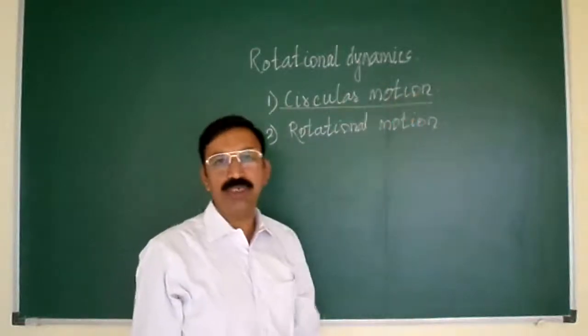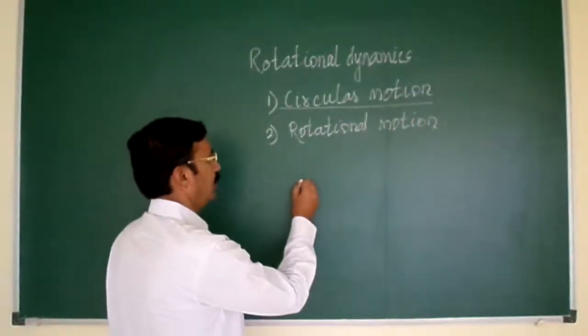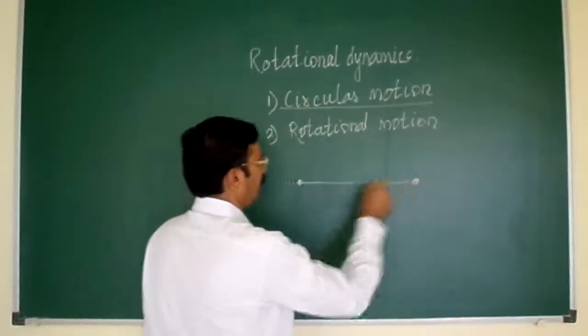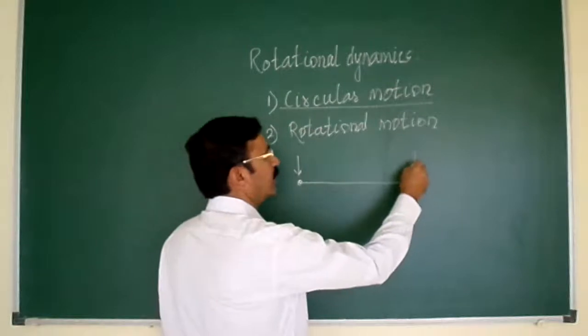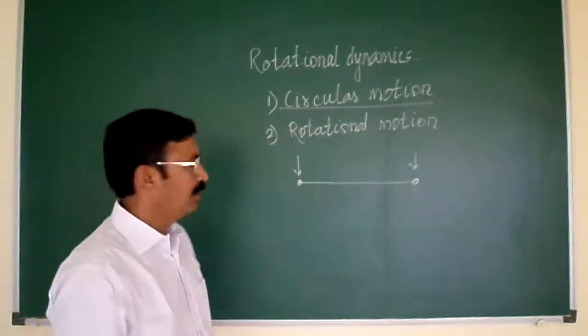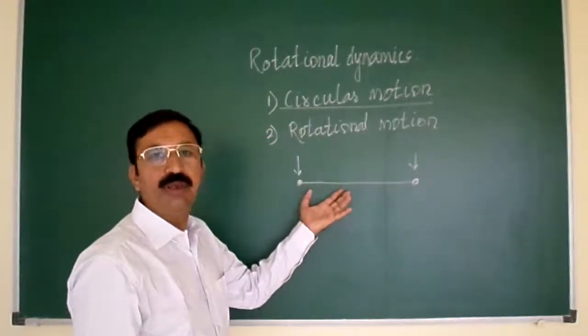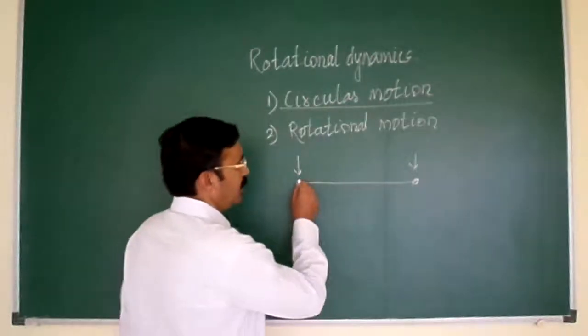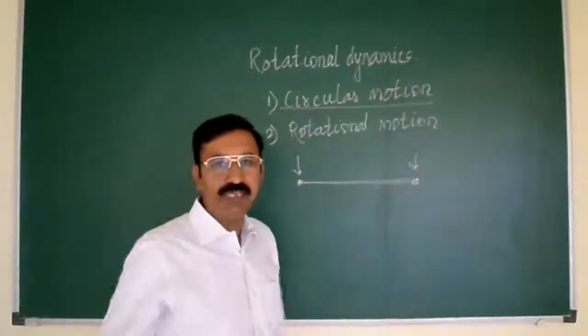the word motion indicates a particle changing its position from one point to another point. When this happens, we call it linear motion. In linear motion, we define